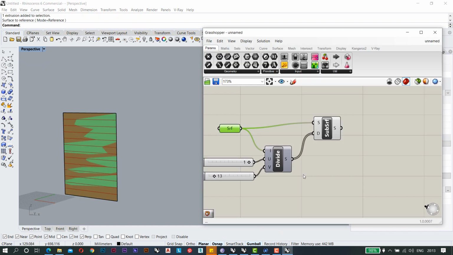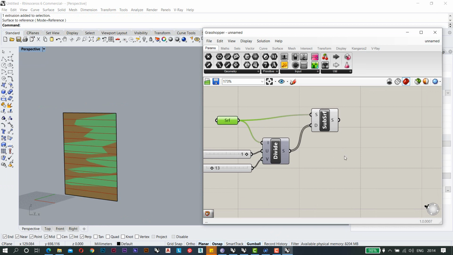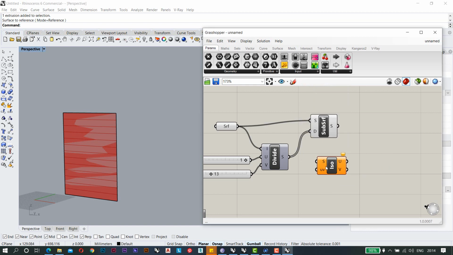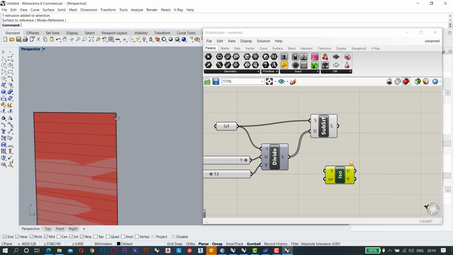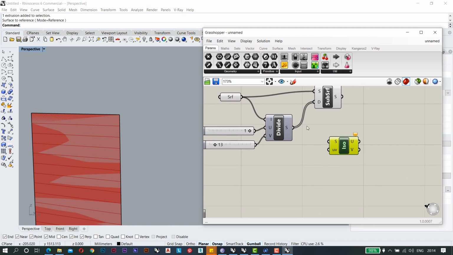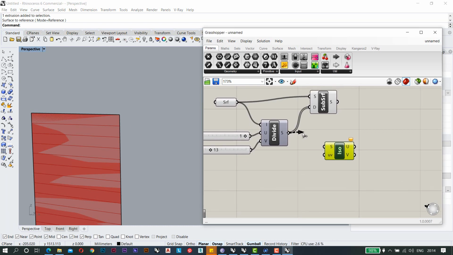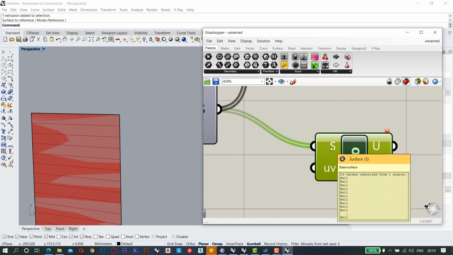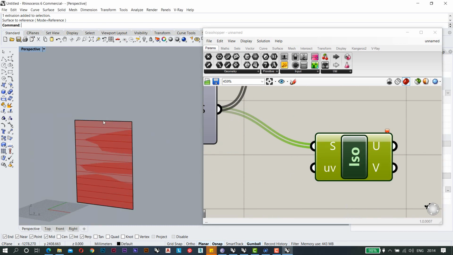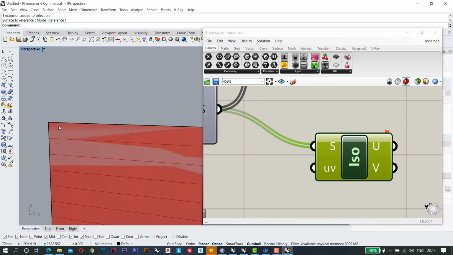For making the twist, we need to use iso curve, which is this one. What iso curve does is it gives you the central axis, which is going to be here, and we will twist along that axis. For getting that curve, we have to attach these surfaces directly to iso, but make sure you reparameterize it, because right now these surfaces have some values.